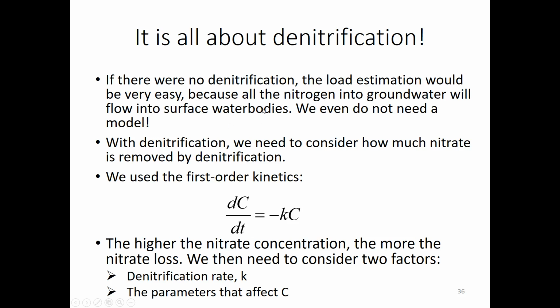In this case, you do not even need a groundwater model, you just need a soil model, and you estimate the load to groundwater, and that'll be exactly the same as the load to surface water body if there is no denitrification. But because of denitrification, actually